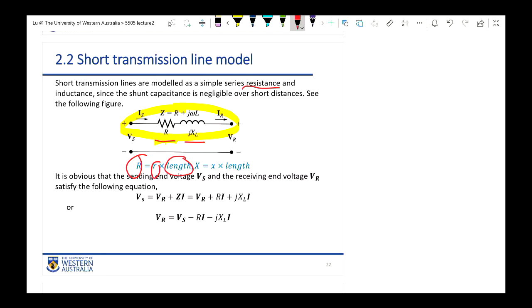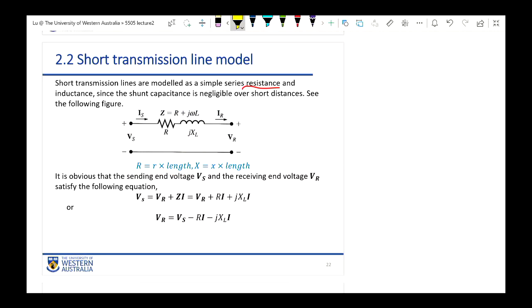For the reactance, the same thing. The lower-case x denotes the reactance per unit size. Multiply by the total transmission distance, and the capital X becomes the total reactance of the whole cable. Okay, got that? And after we know this, based on the circuit,